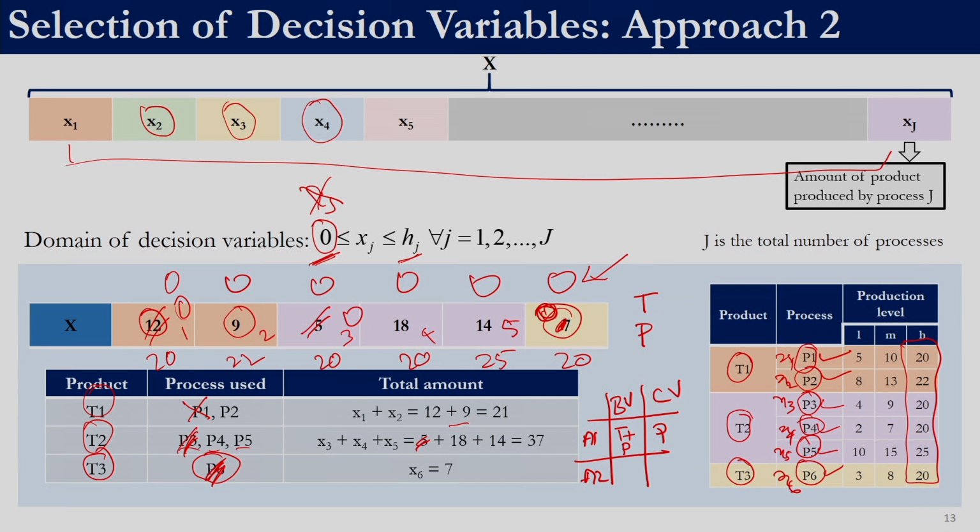Whereas in this second approach, despite using this many variables, the first approach was giving us inconsistent results. So, this can give us an inconsistent solution which we need to sort out before we can evaluate the fitness of that solution. Whereas in approach 2, we have not used any binary variable. So, the binary variable count is 0, and we need to use only P continuous variables, and the information we get from here is actually consistent. By the second approach we will be getting a consistent solution.